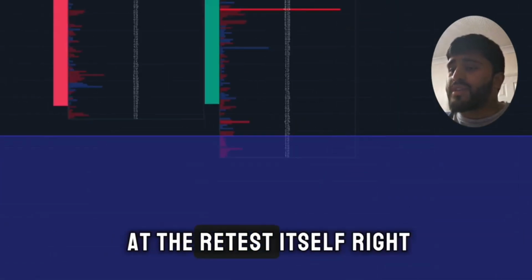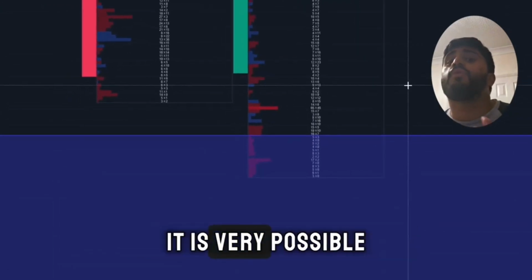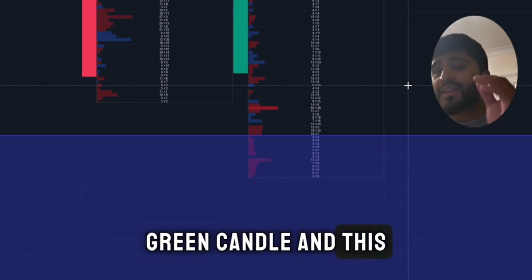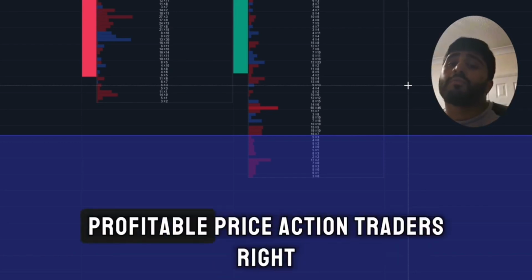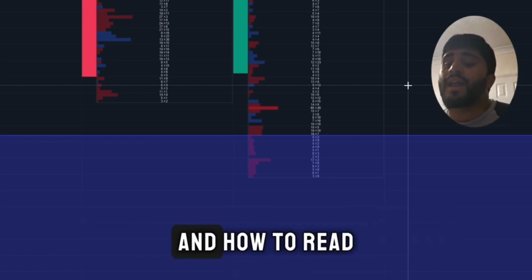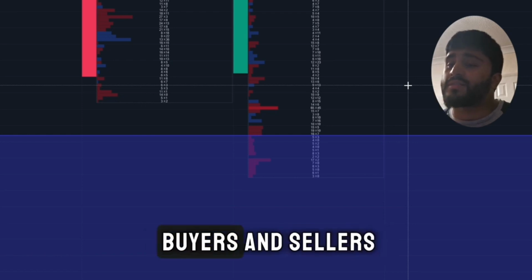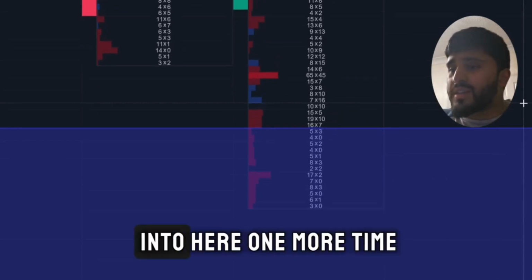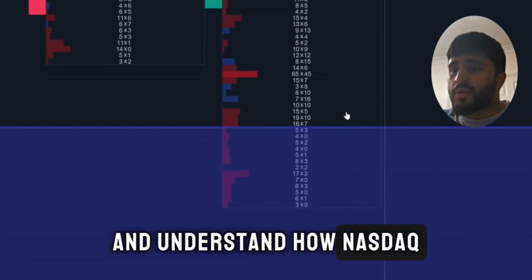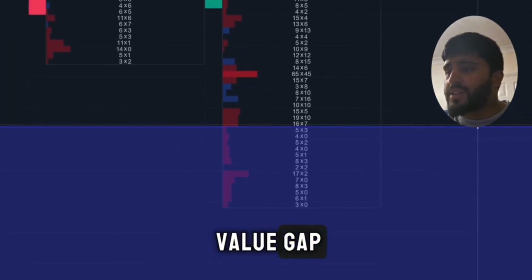But when you look at the retest itself, it is very possible to have aggressive sellers inside of a green candle. And this is the fundamental difference between failing ICT traders and profitable price action traders, right? They understand the difference between candles and how to read the candles using the buyers and sellers. So when we go into here one more time, let's go through a quick case study and understand how NASDAQ was behaving. This was the fair value gap, NASDAQ round about